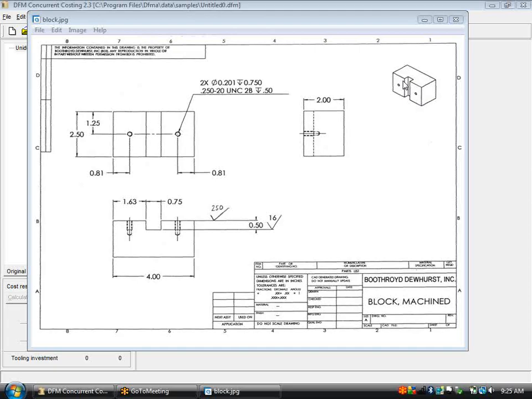In this example, we're going to use DFM concurrent costing to analyze a machined block. We can see a drawing here on the screen of the block we're going to analyze, and it's got dimensions of 4 by 2.5 by 2. And we can see it's got a slot milled through it here that's 3/4 by 2.5, half-inch deep. It's going to be finished face milled on the top, and we're going to have to grind this 16 micro-inch